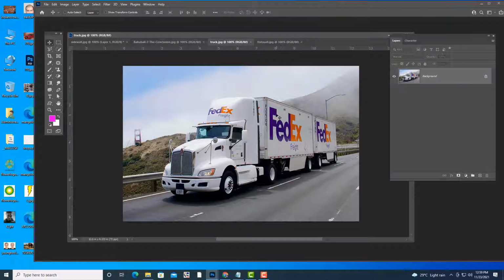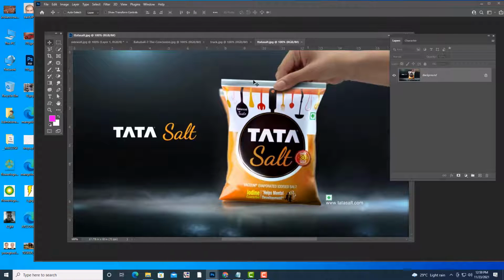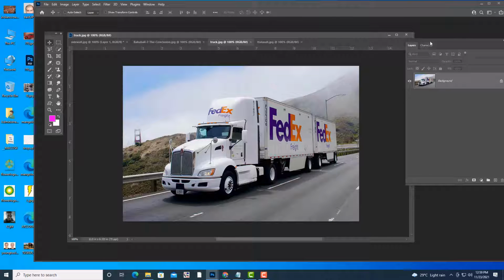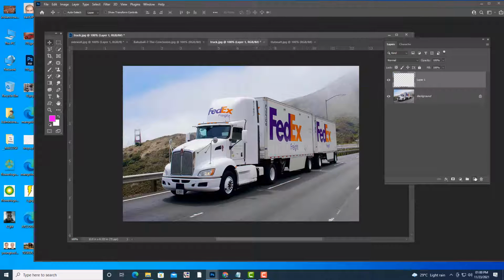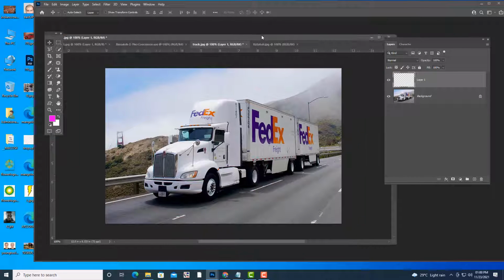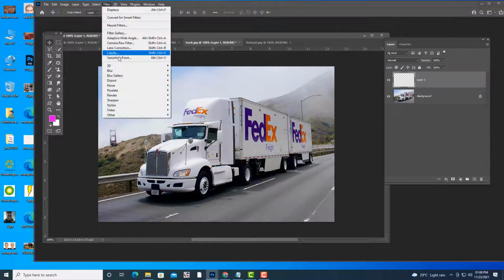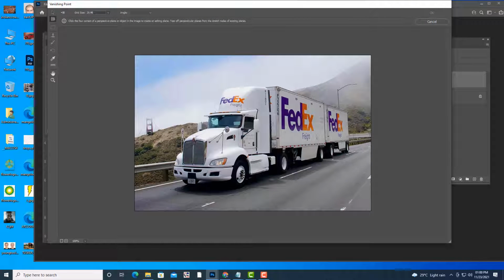Now I am going to put the advertisement on this truck, this Tata Salt advertisement, using vanishing point. I am going to take a new layer, again same thing, then open filter, vanishing point, then create a grid.